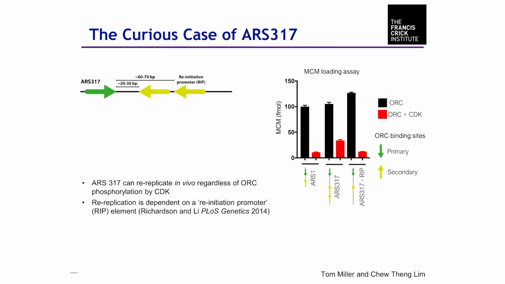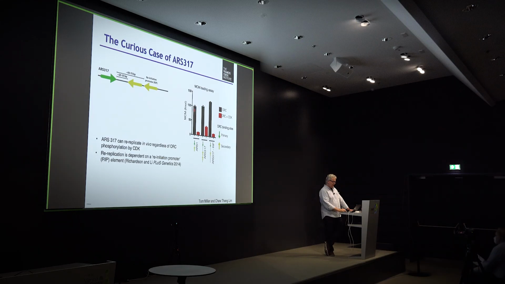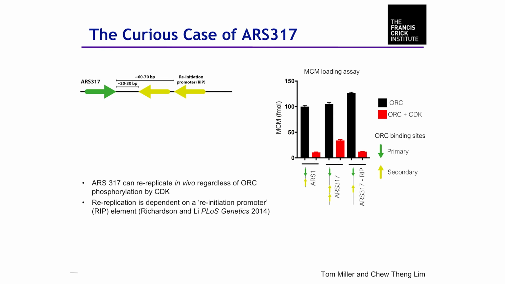So we've now taken RS317 and asked, what does CDK do to loading? And you can see here, this is what CDK does to loading at RS1. It completely blocks it. And when you look at RS317, you can see that there's quite a bit of residual MCM loading activity that occurs even with the phosphorylated ORC. So this is presumably reflecting what's happening in vivo. And nicely, if we remove that reinitiation promoter, now the loading drops down to the level that we see with